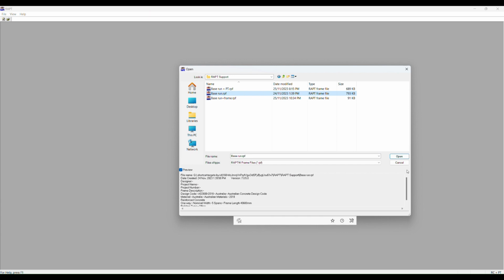This tutorial is about adding load cases to a RAPT run. We're going to start with the RAPT run that we did in the tutorial introductory RAPT run, and that file would be included with the tutorial videos. So we'll open that, base run,